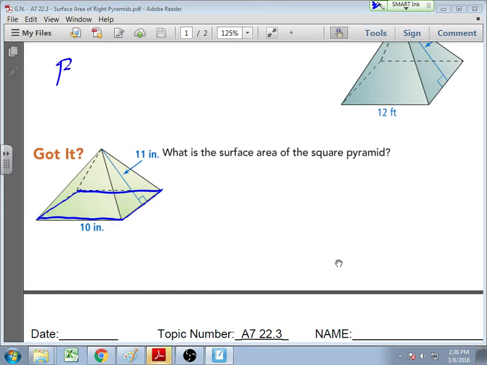So when I look at big B here, I know that it is a square pyramid. So I know that the base to find the area would just be 10 times 10. So I know that my big B is going to be 100. When I look for my lateral area